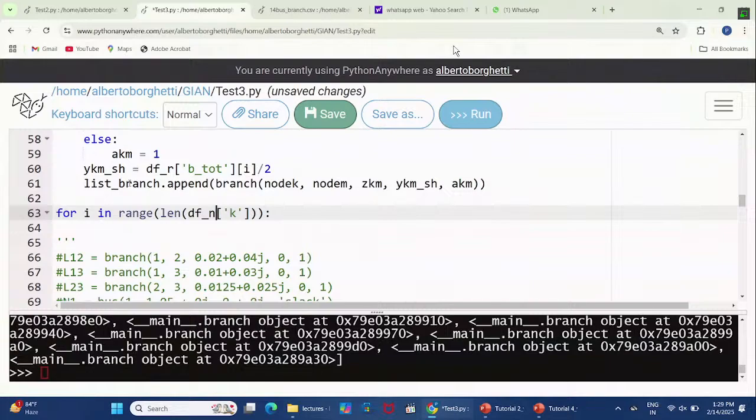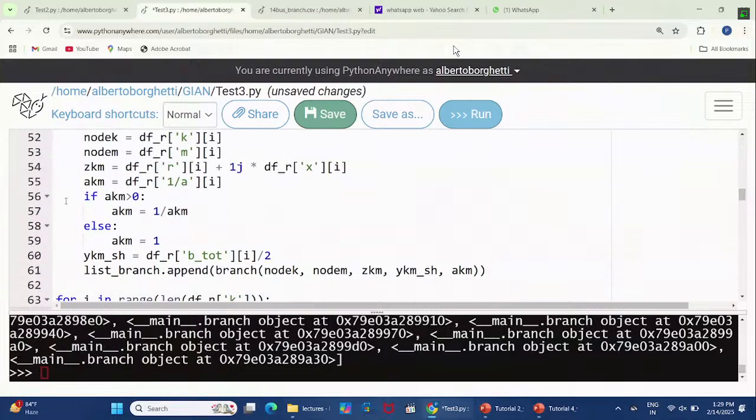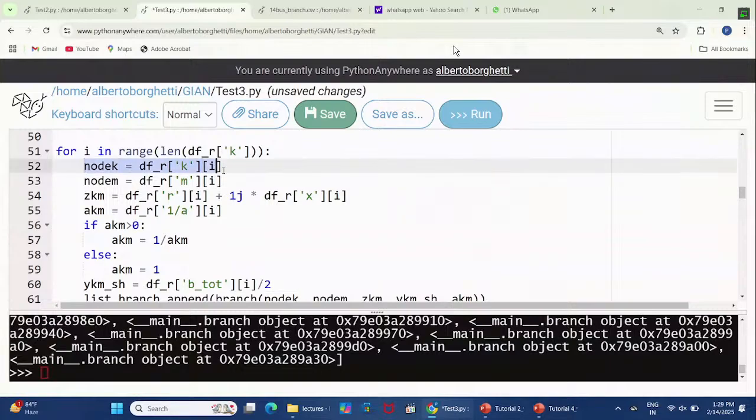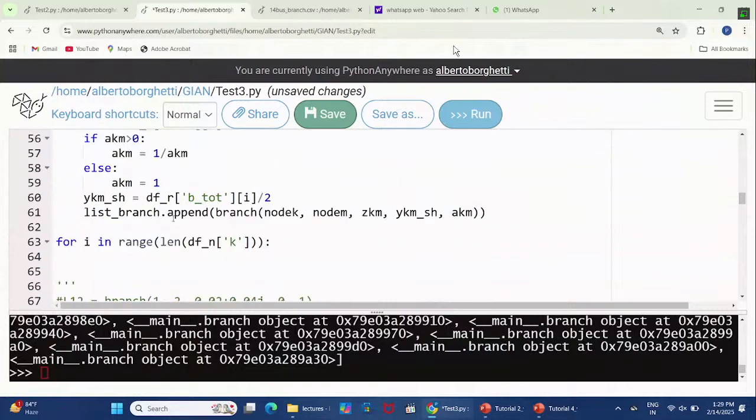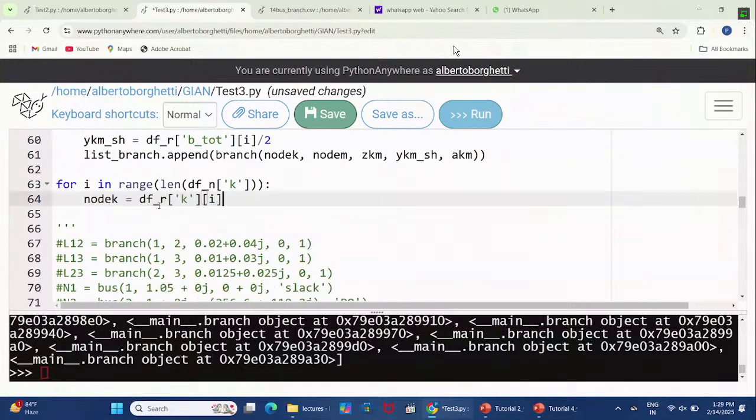Also there is the bus K, and then we can start to write the instruction in order to extract the information from the data frame. So node K, it is the data frame of nodes in bus K, and then we can say that